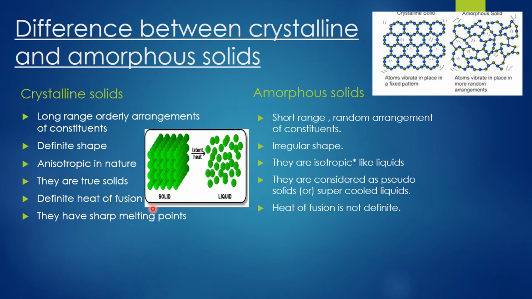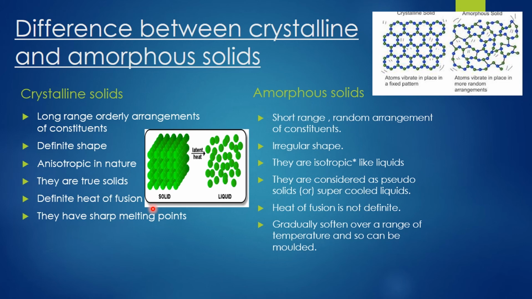The next one, crystalline solids have a very sharp melting point. You can take ice as an example. Ice is a crystalline solid. Whether you take 1 gram of ice or 100 grams of ice, when you reach the temperature of 0 degrees Celsius, it starts melting. So it does not depend upon the amount of ice. So ice has its own sharp melting point, that is a crystalline solid.